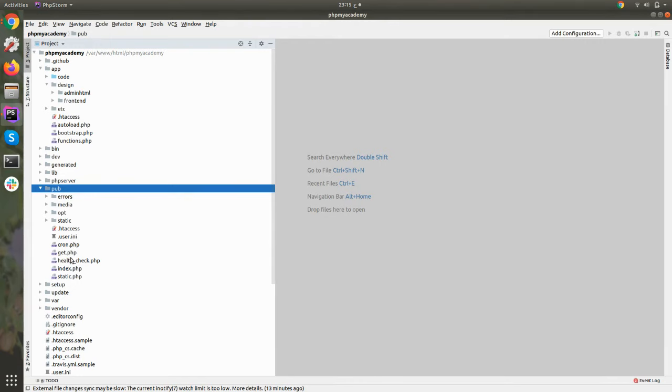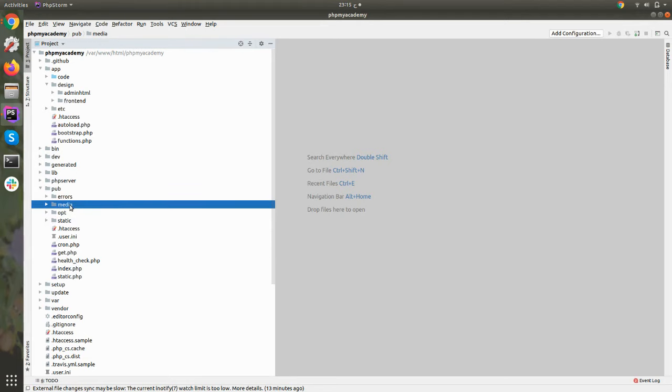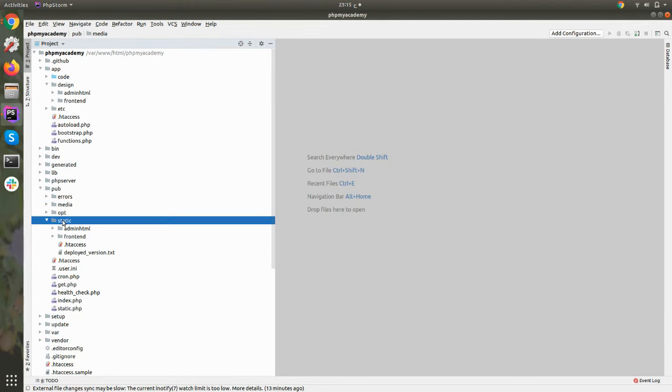Here you can see the index file, and also the media folder and static folder. It also contains static assets like images, and when you run static content deploy, it generates the static content here, like JS files and CSS files. So it compiles the code here.